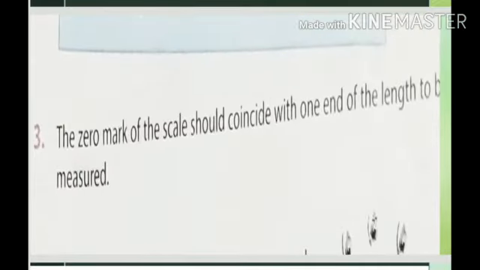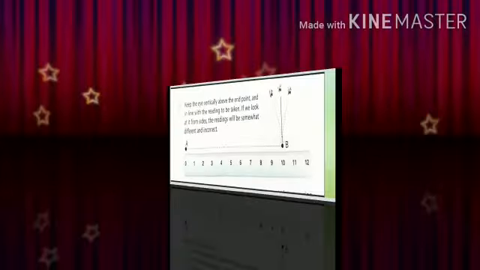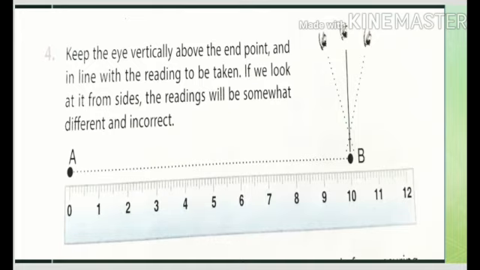the zero mark of the scale. You are very familiar with the scale. There is a zero mark. That of the scale should coincide, meaning be in line, with one end of the length to be measured. One end of the line segment whose length you want to take, the A side end, and the zero mark of your scale should coincide, be in line. This is the fourth one,